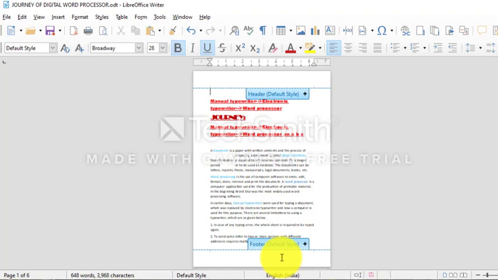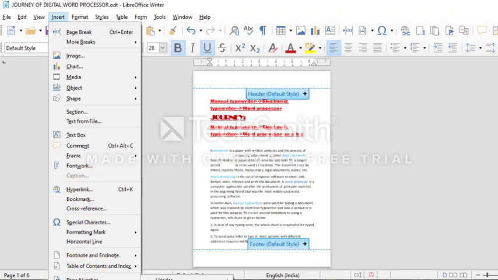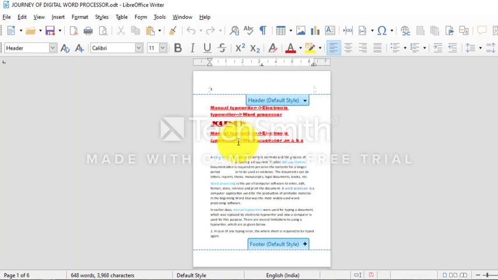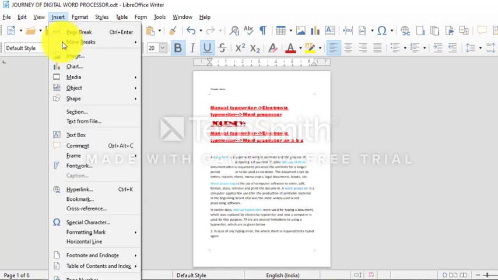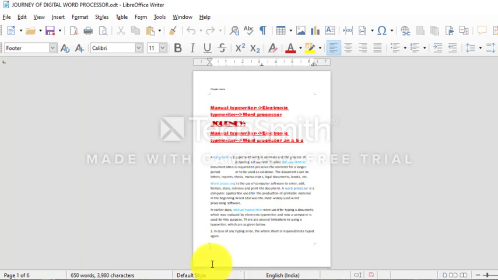To insert the header in the document, select Insert and then Header and Footer. And here I will select All because I want the chapter name at the top of every page in this document. So I will write the chapter name over here. Okay. And to insert a footer in the document, select Insert, Header and Footer, and I will select All. And here, as I want to write the page number, I will write 1 over here, right? You can give the document name or chapter name in the header and page number in the footer.